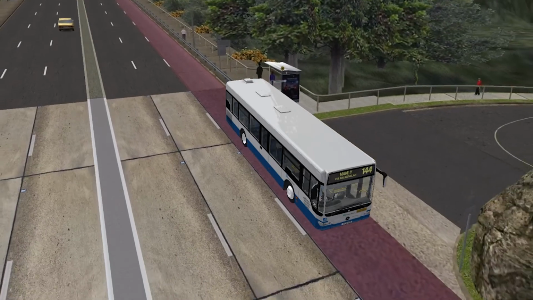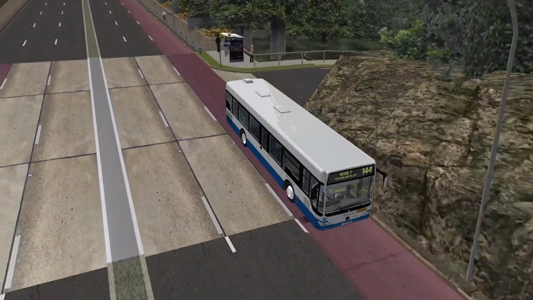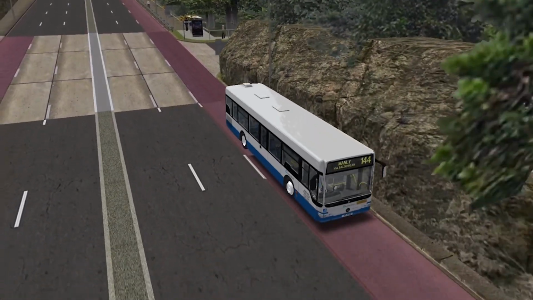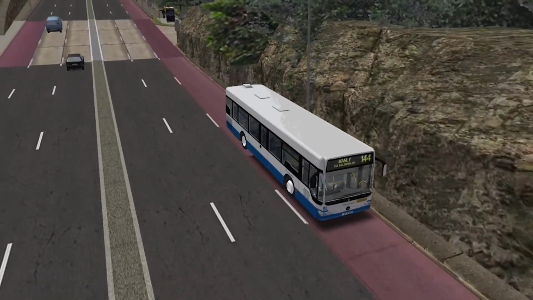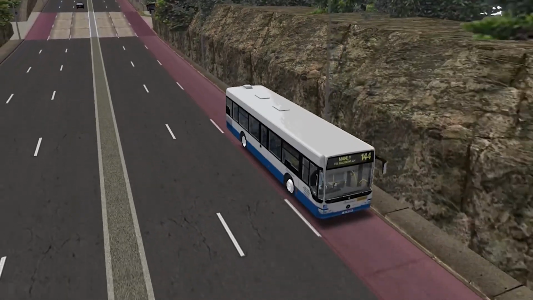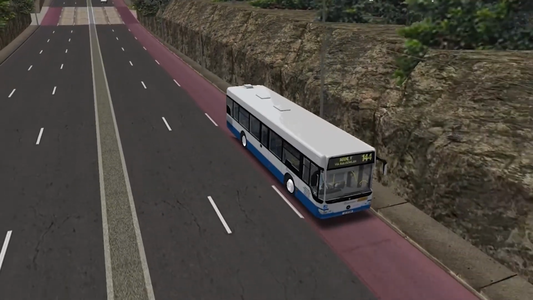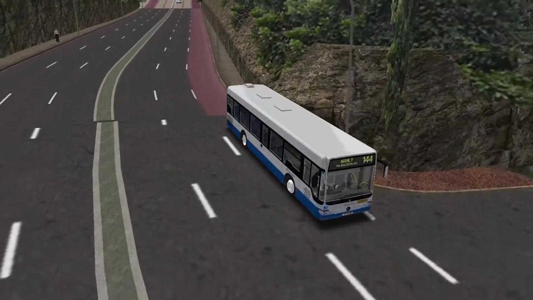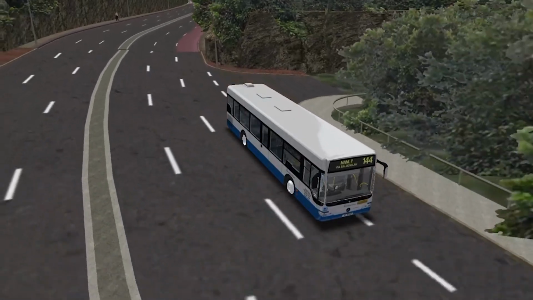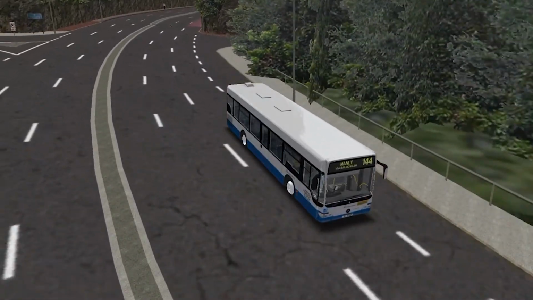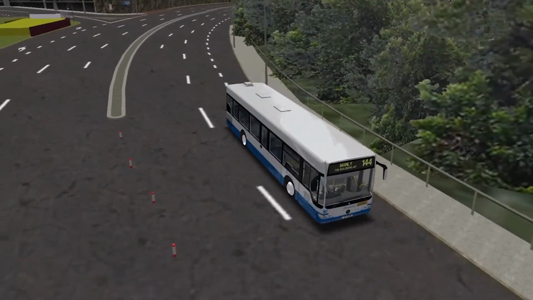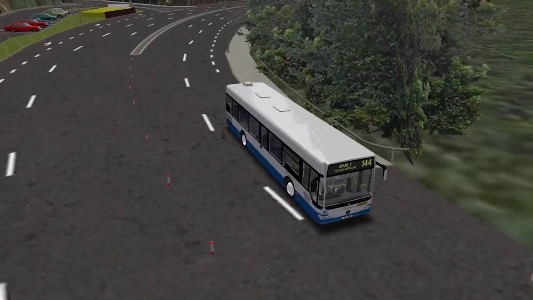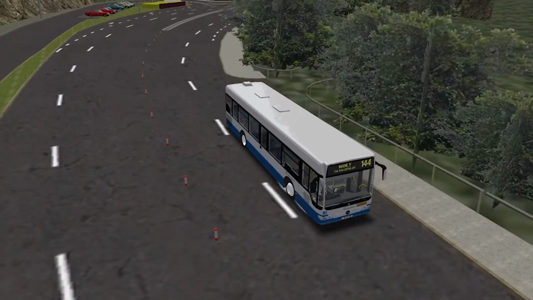So I'm thinking, oh well, maybe that's the end of that part of the map. Maybe because I'm not driving on the correct route, so I'm going the wrong way. Then I let the AI buses drive, and they were doing exactly the same thing. So I've decided, in OMSI at least, as much as possible,